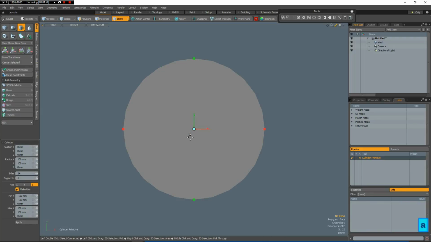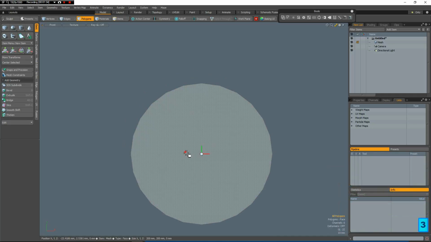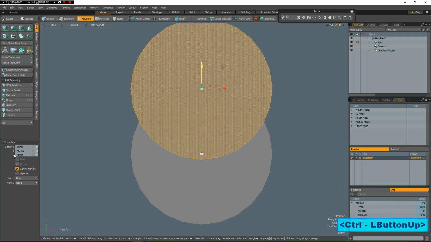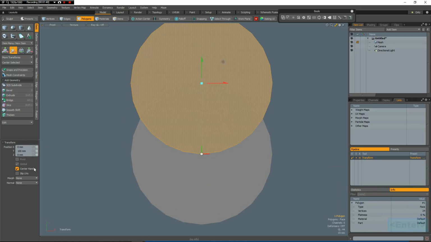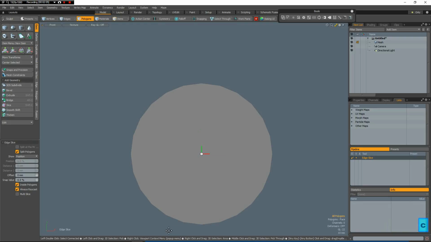Okay, now I make a copy of this. So Control C, Control V, W key, and move this up by 100 millimeters. Then I make it smaller, so R key, and resize it to 2/3, like so. Then H to hide, and now I take the edge slice tool with the C key and